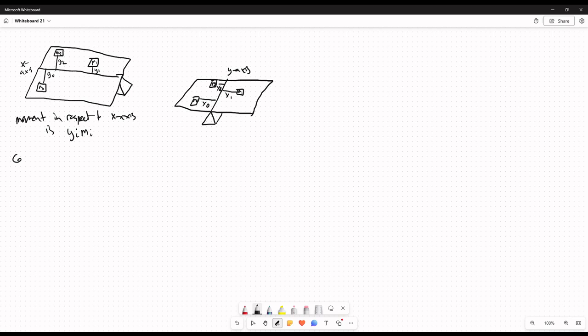And then, if we go to the continuous case, I get that the total moment, using the same logic as before, is going to be given by a double integral over a region of y times the density of my point, and that would be the total moment. Similarly, and this is again with respect to the x-axis,